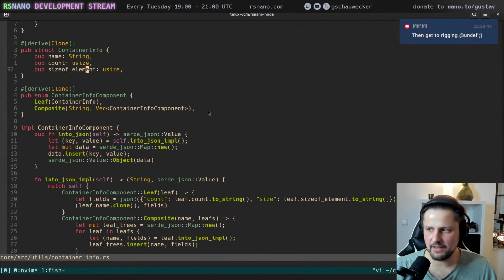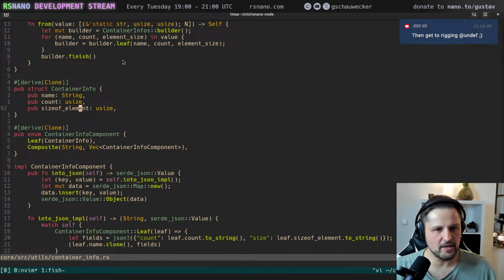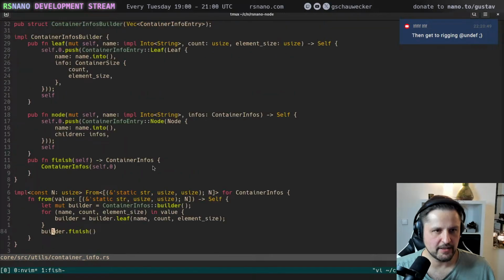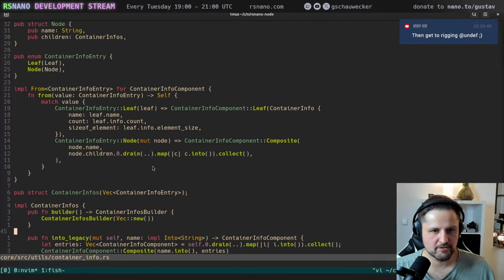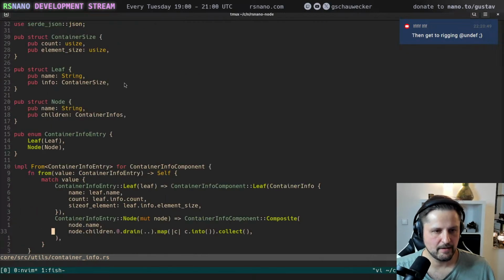The way it is written in the node is by this struct container info. This is the old way, with the name, count, and size of element, and the C++ node made a change there so that we can construct those more efficiently by taking the name out of this information.